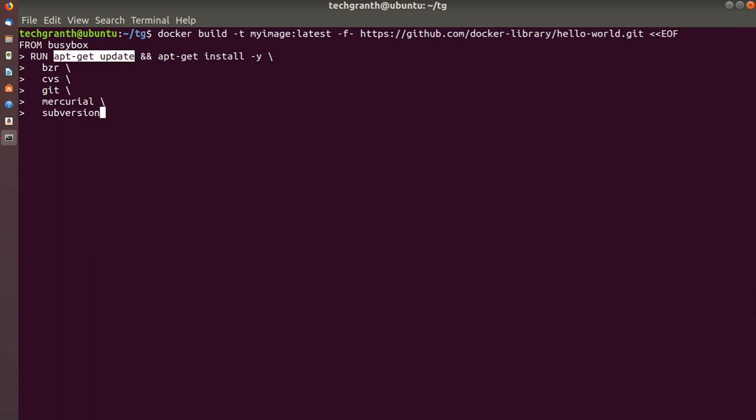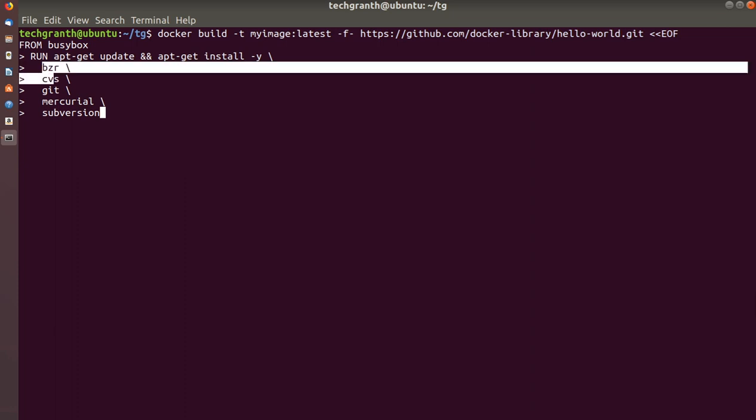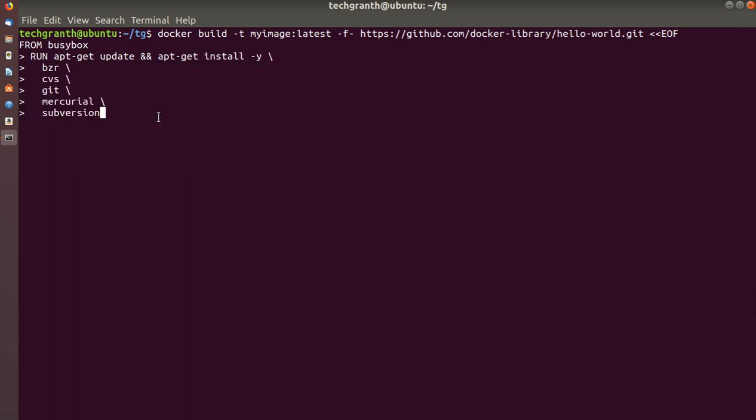So here we use apt-get update and apt-get install -y, but still we want to install many packages. Okay, so we will use this backslash to divide the lines or multi-line arguments. But then we will sort them alphanumerically.